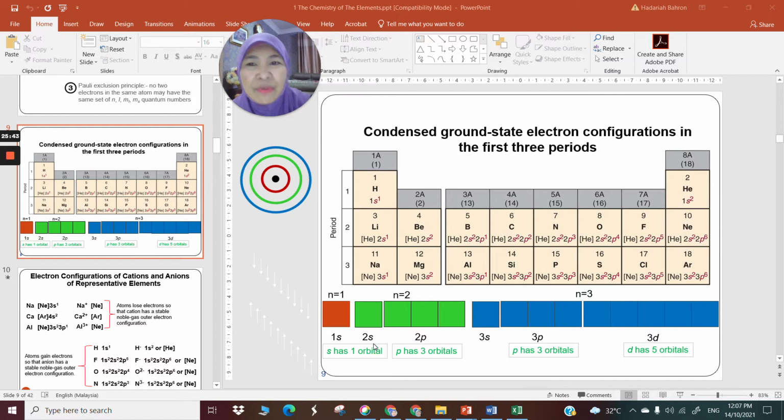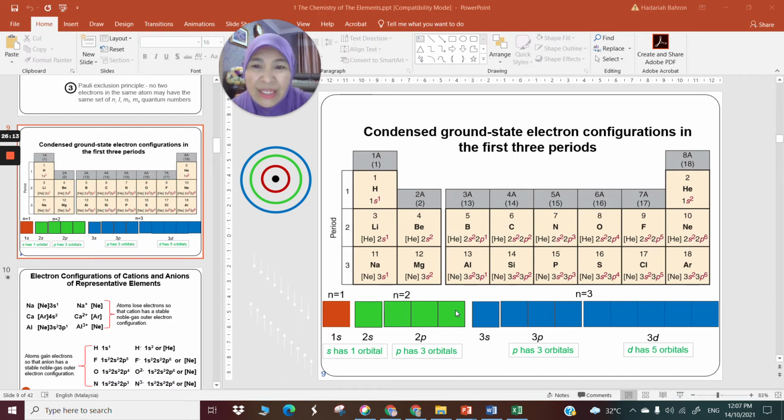To make it understandable, we will say s is like a rumah bungalow house, and p would be maybe a terraced house, with three terraced houses: px, py, and pz. And then once the 1s orbital is full with electrons, the 2s is full with electrons, the 2p orbitals are also full with electrons,